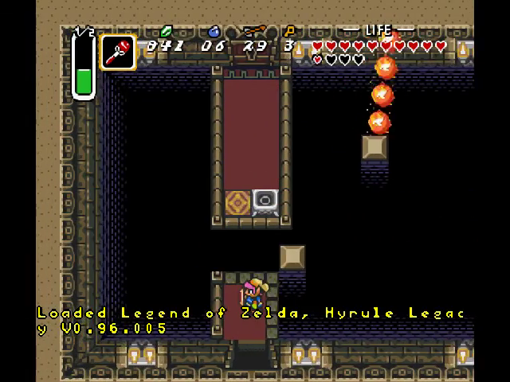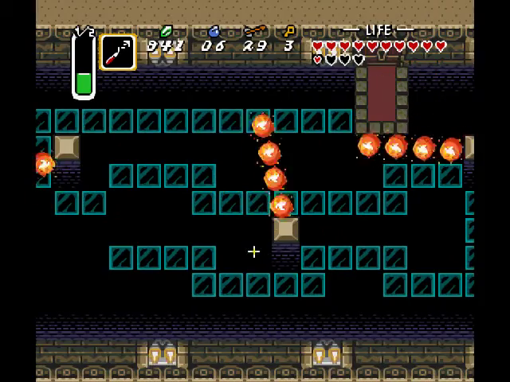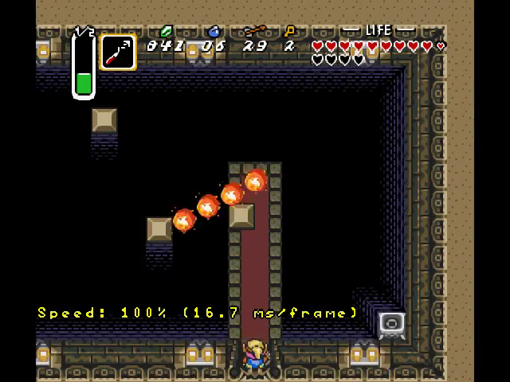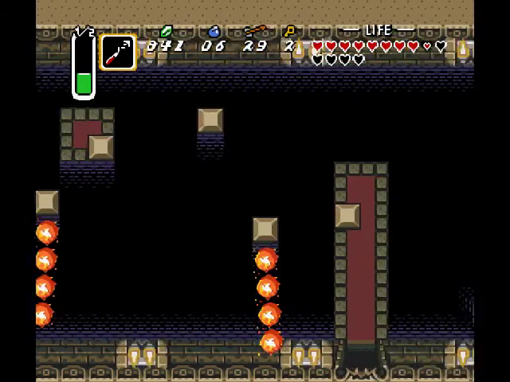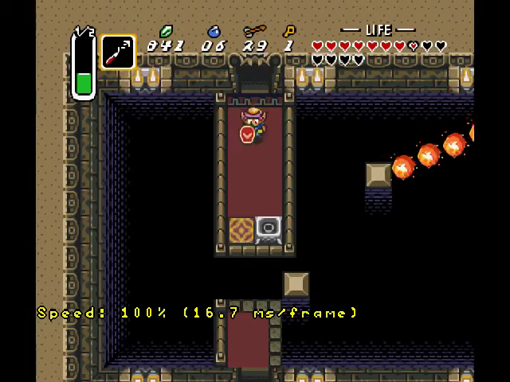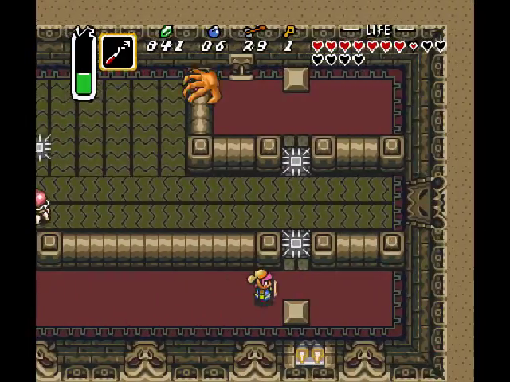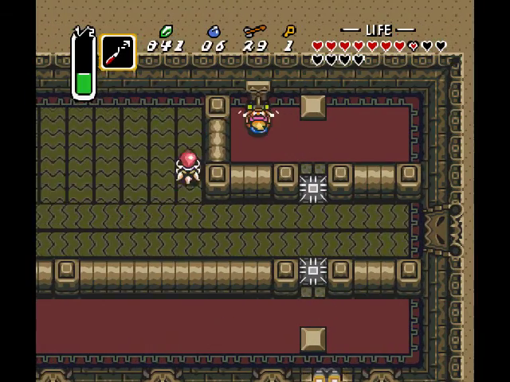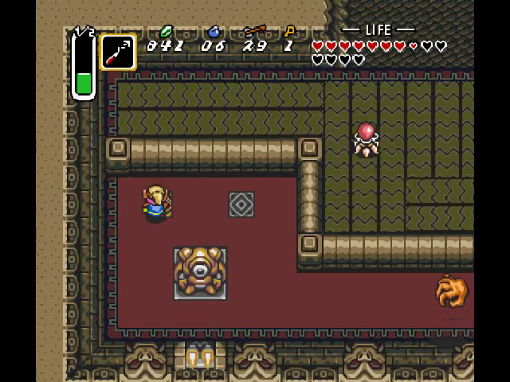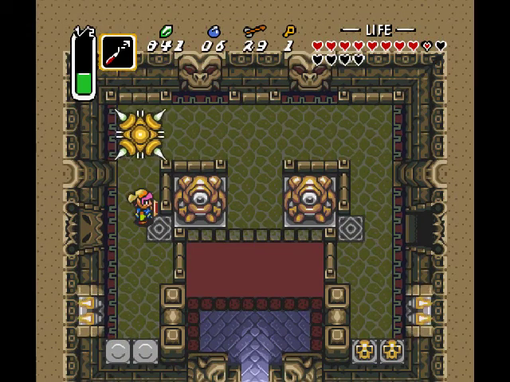Okay, this one is, you've already done this room once. Yes, I have. Alright. I'm sorry, I'm just out. I'm so done. Alright. That, I can't even feel bad about that one anymore. Okay. Now you just go to the Mothula entrance and...